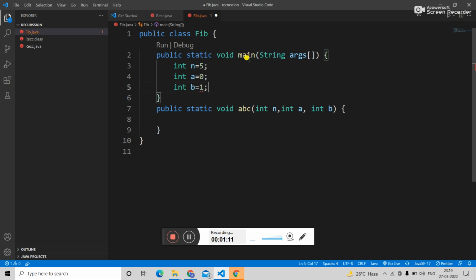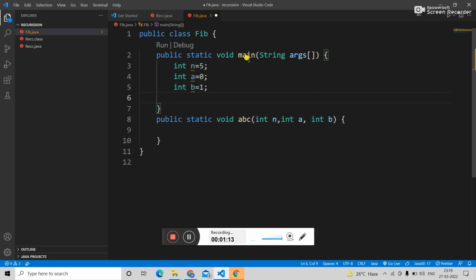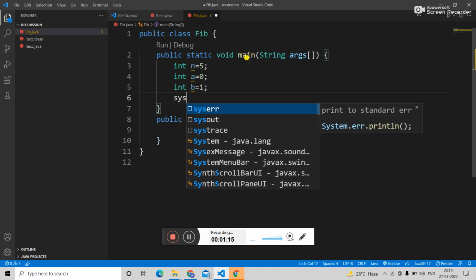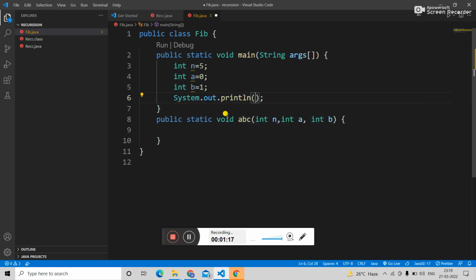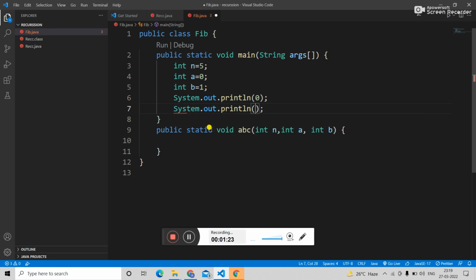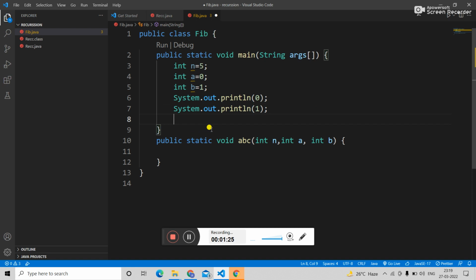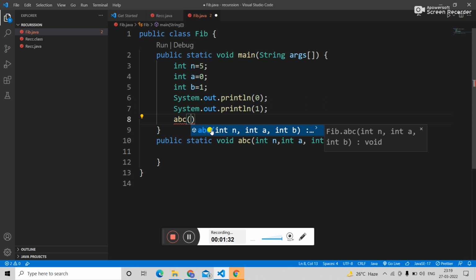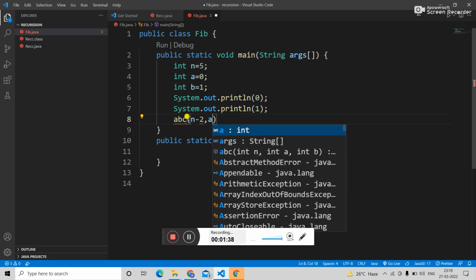them as input. And now, firstly we want the print of 0, and we want the 1. Okay, and after that we are calling the function abc, and we want the first 5 of the sequence to be printed, but we already printed the first two, so we want n minus 2, comma, a, comma, b. Okay,